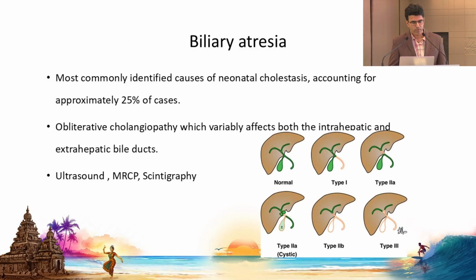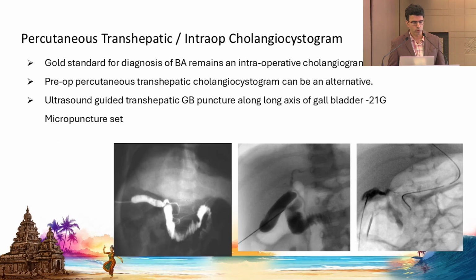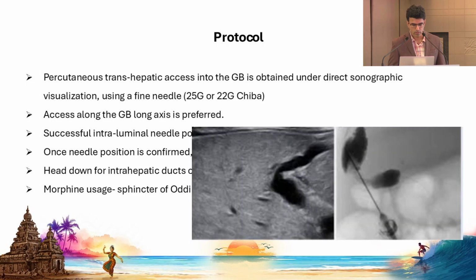Coming to the first, biliary atresia. As we all know, it is a cause of neonatal cholestasis accounting for around 25% of cases, with variable obliterative cholangiopathy involving intra- and extrahepatic ducts. Though ultrasound, MR and scintigraphy are sensitive for 85% of diagnoses, the gold standard remains an intraoperative cholangiogram. However, pre-op percutaneous transhepatic cholangiocystogram is a viable alternative and quite diagnostic, in which, under ultrasound guidance, a transhepatic GB puncture is performed, and after instillation of contrast, if we